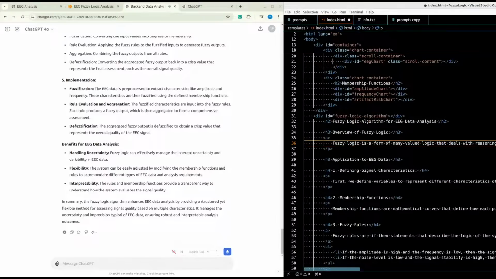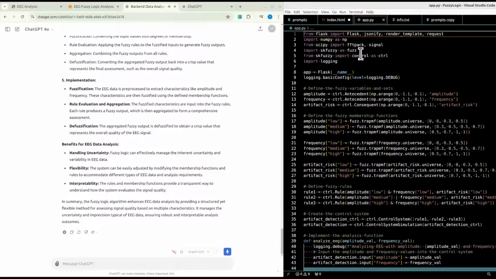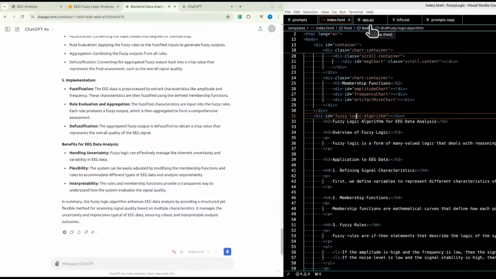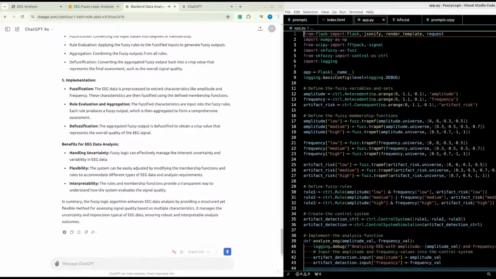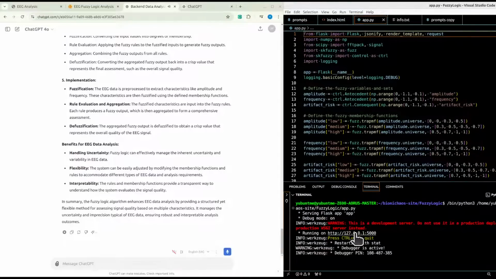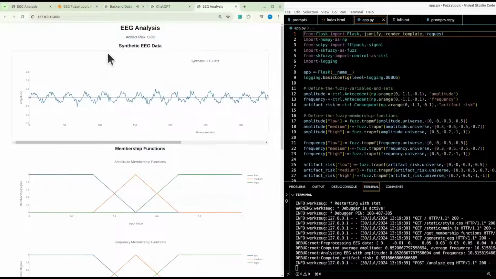If the noise level is low and the signal stability is high, then the signal quality is good. Each rule combines different characteristics and their degrees to infer the overall quality of the signal. 4. Fuzzy Inference System. The Fuzzy Inference System, FIS, processes the input data, EEG signal characteristics, through the fuzzy rules